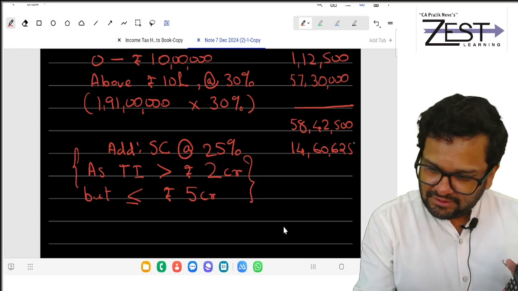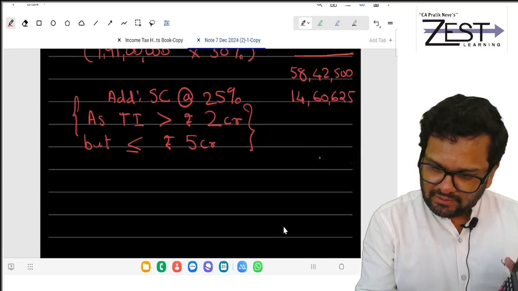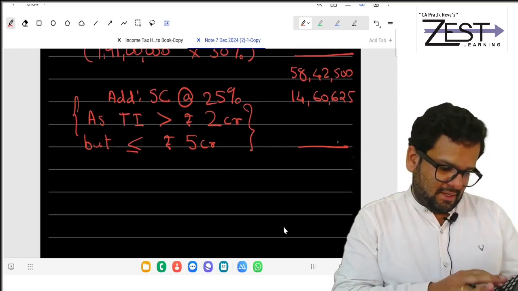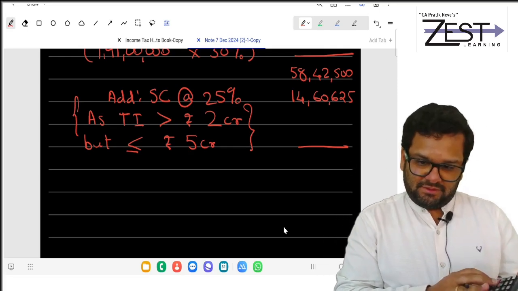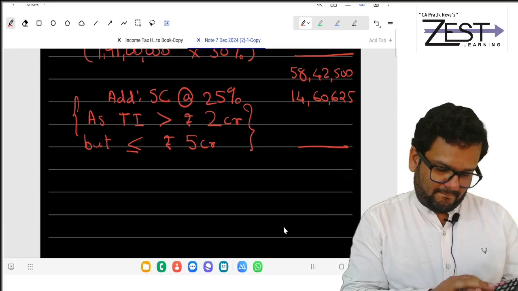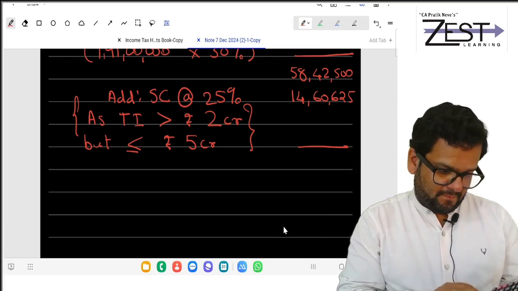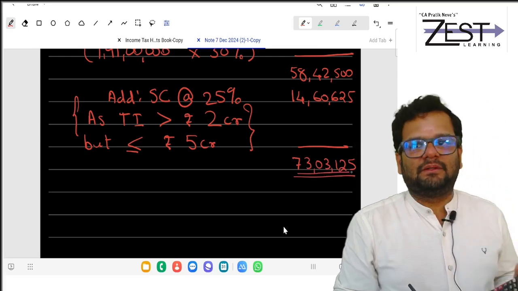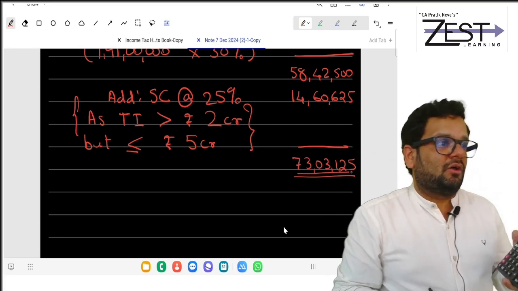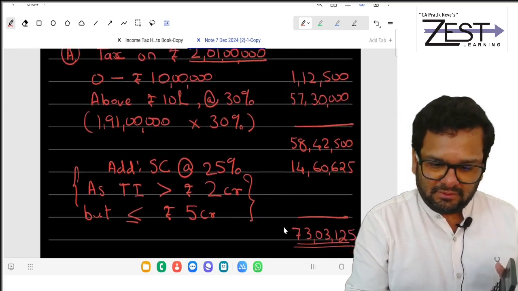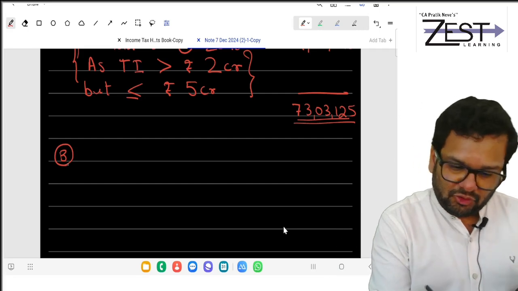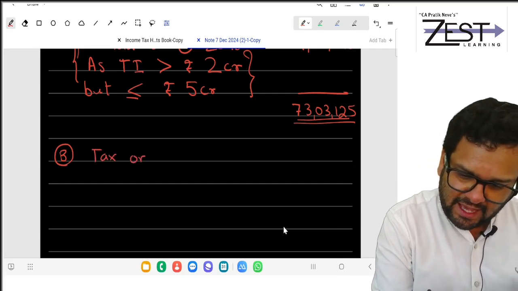14 lakh 60,000 625. Now tell me what happens. 73 lakh, this much tax. You're not ready to pay this much tax because you are hoping for some relief. B point, you will calculate tax on exact